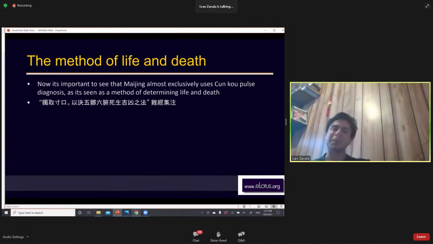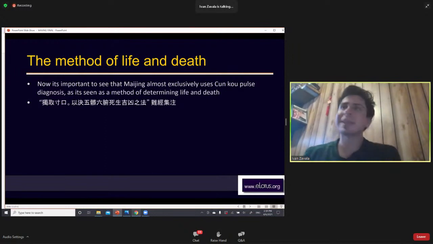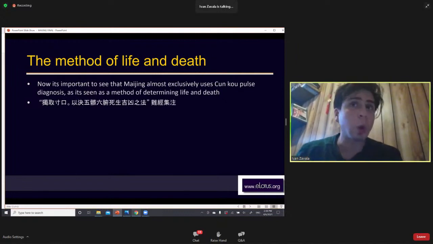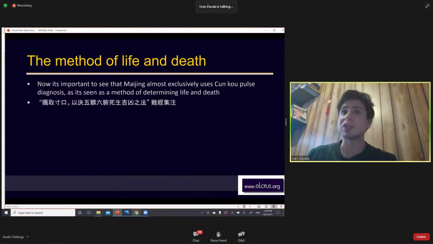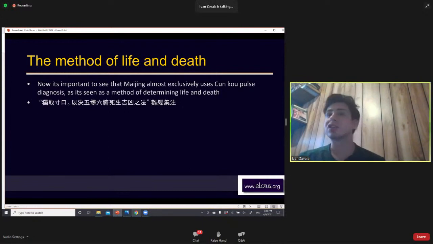Now, why I say that Maijing almost exclusively uses Chunko pulse diagnosis, is that I'm differentiating between, for example, the Neijing, where you have different pulse methods. You have this thing called Sanbu Jiuhou or Renying Chunko. Renying Chunko is when you take the pulse at the carotid artery and compare it to the radial artery. Renying, Yang, Chunko, the radial artery, Yin, right? And then there's Sanbu Jiuhou, where you take pulses in different aspects, the face, the wrist, right? Lung 9, heart 7,